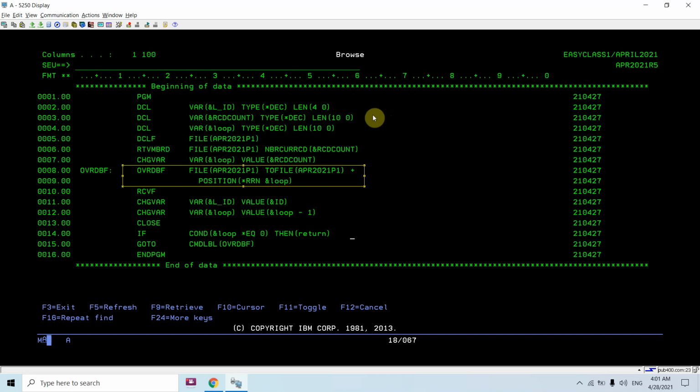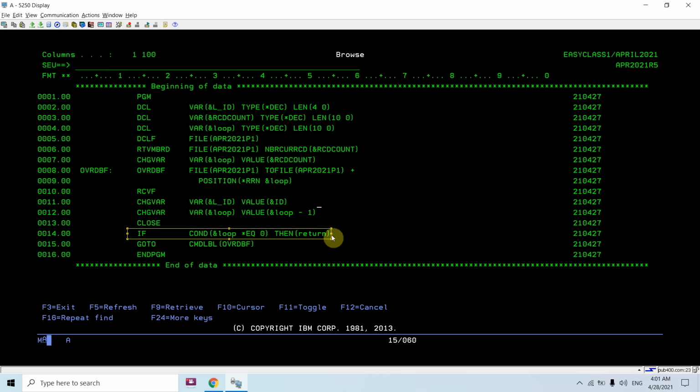So we cannot reset the pointer again and again in the CL program. To achieve that, we need to close that file every time I am going to reset the pointer. So I reset the pointer, then I can set the position at the third record. Then I'll be reading the third record, and the same way the file gets closed, then reading the second and first, and so on.